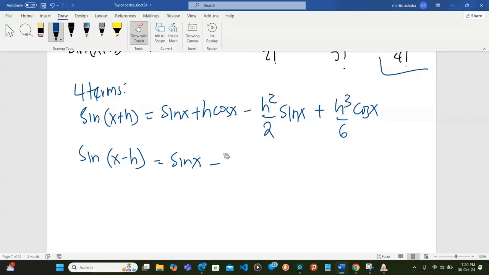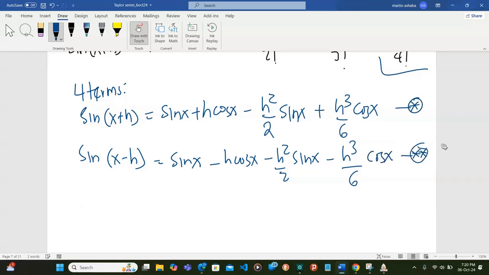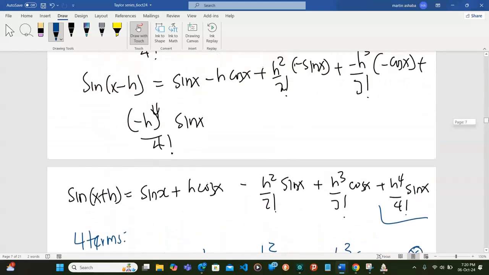So minus h cos x, obviously minus h squared out of 2 sine x, then minus h cubed out of 6 cos x. So why am I looking for this? Because I know I'm told to evaluate